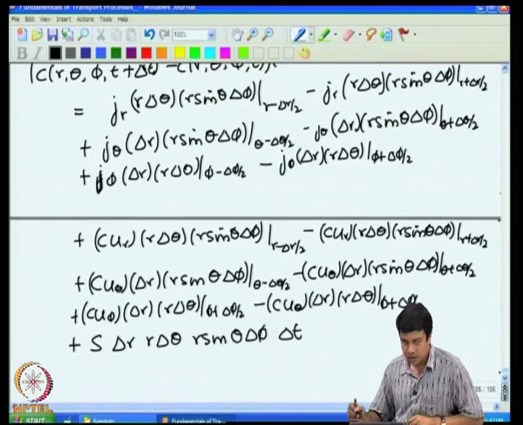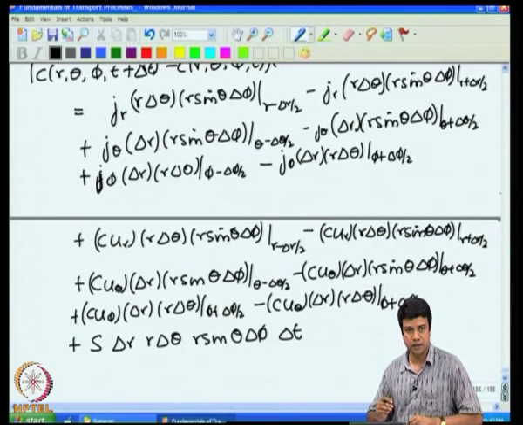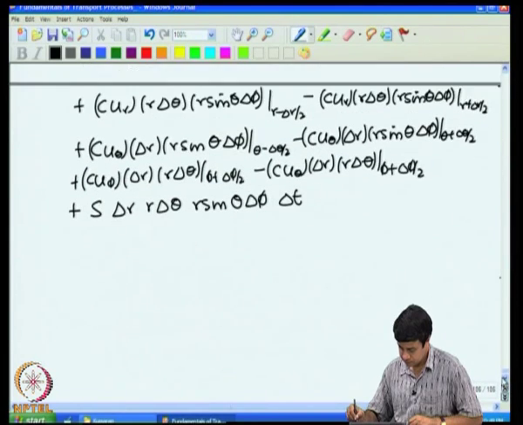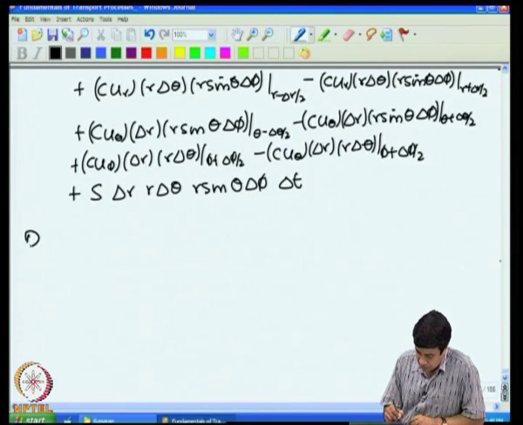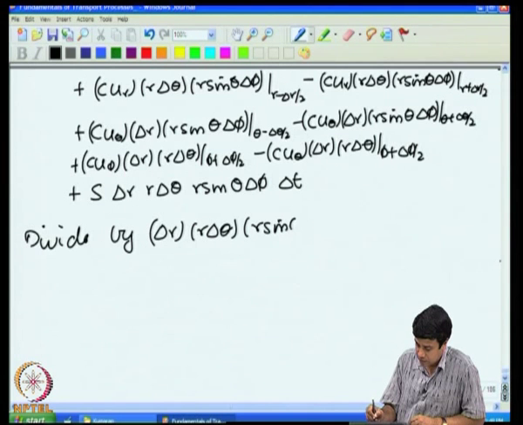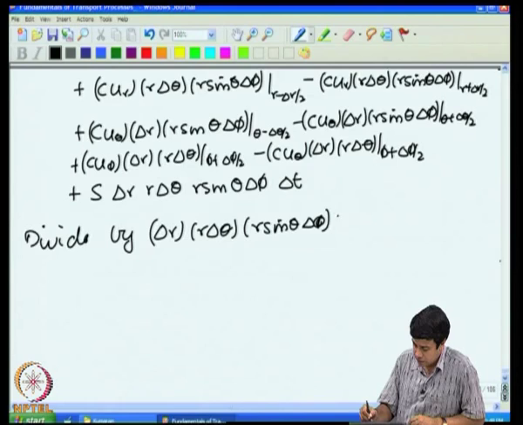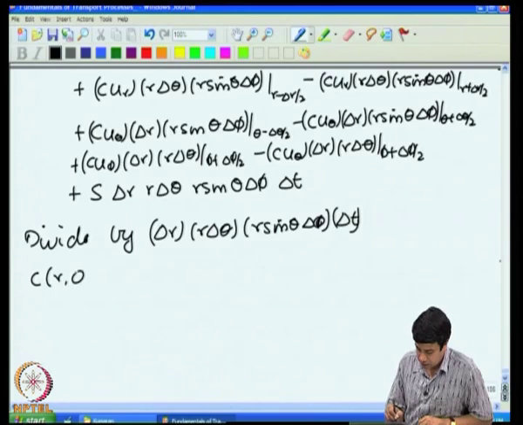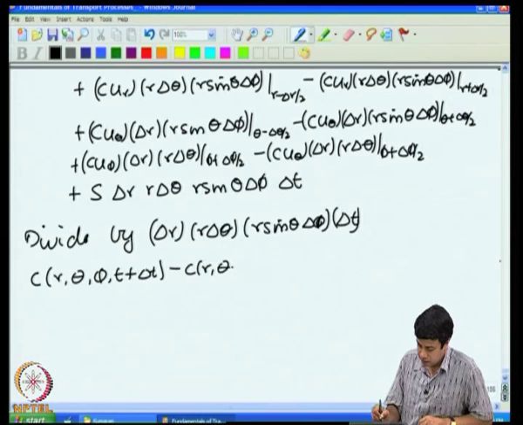Okay. Please note down this equation so that when we divide it, it is obvious to you what you get, because it is a long and complicated equation. But once we divide it, we will see that it becomes much simpler. Okay. Divide by delta r delta theta into r sin theta delta phi into delta t. Okay. And what I will get is C at r theta phi t plus delta t minus C at r theta phi t